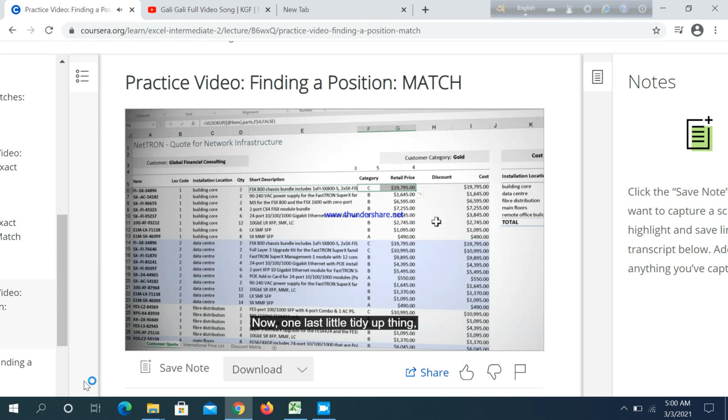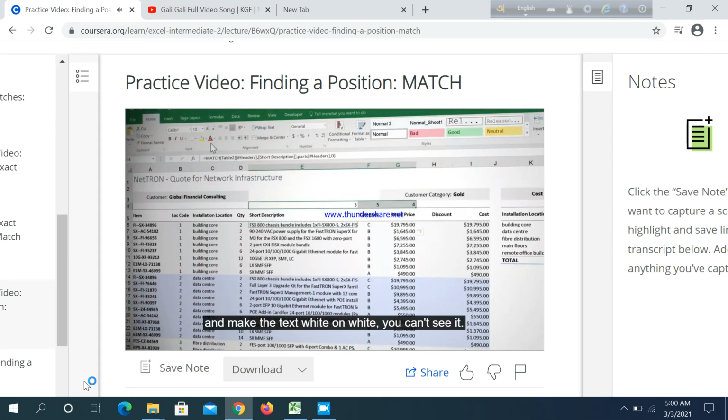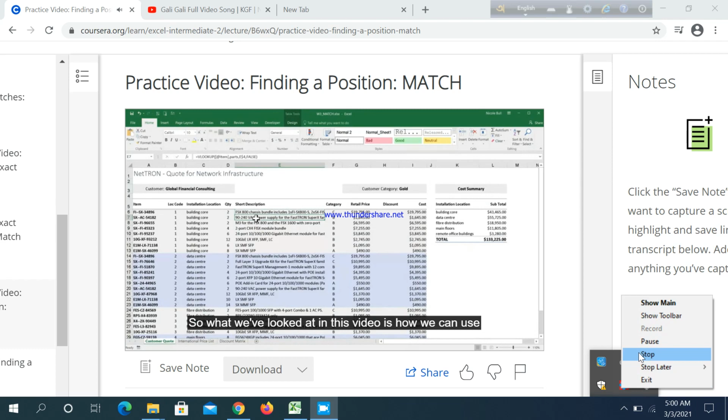Now one last little tidy up thing, this 354 doesn't look very nice here, so I could go and hide the row, but actually there's an even simpler solution. If you simply select the data and make the text white on white, you can't see it. And when we send this to the customer, we'll probably save it as a PDF, so they'll never even know that row is there. So what we've looked at in this video